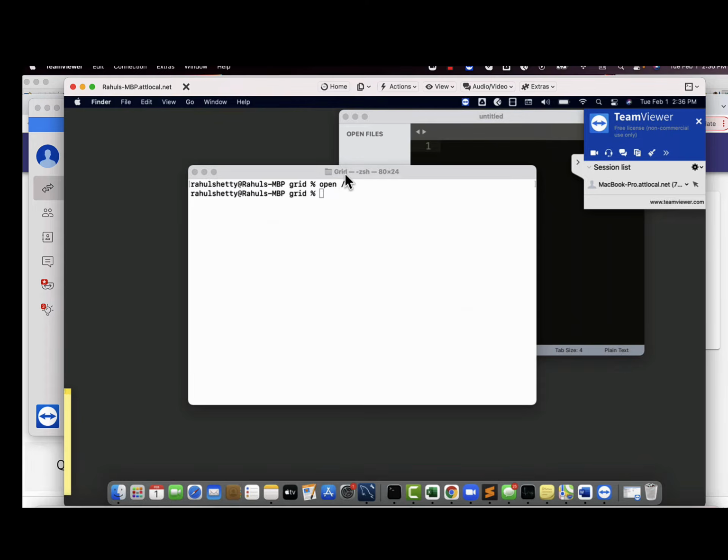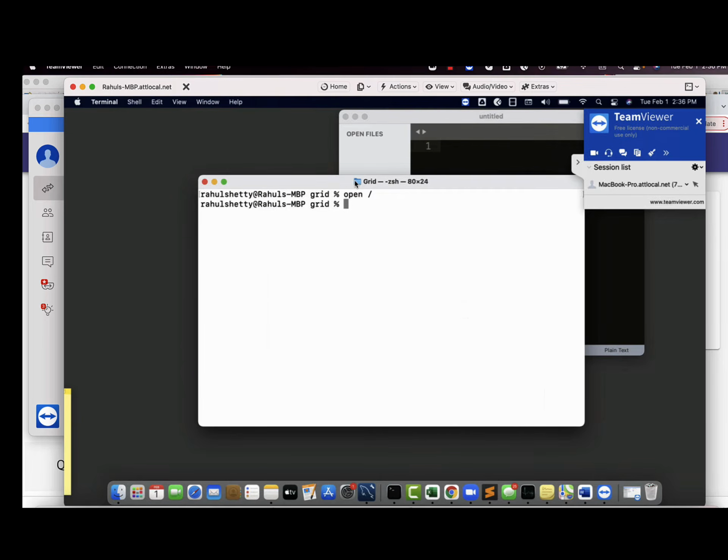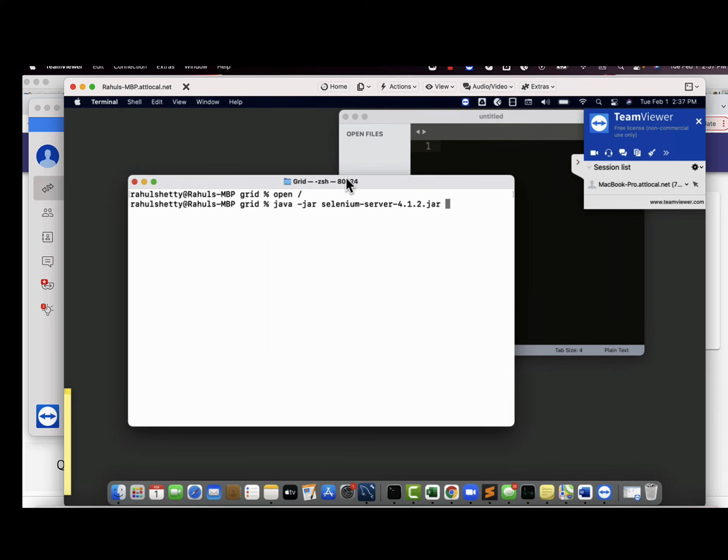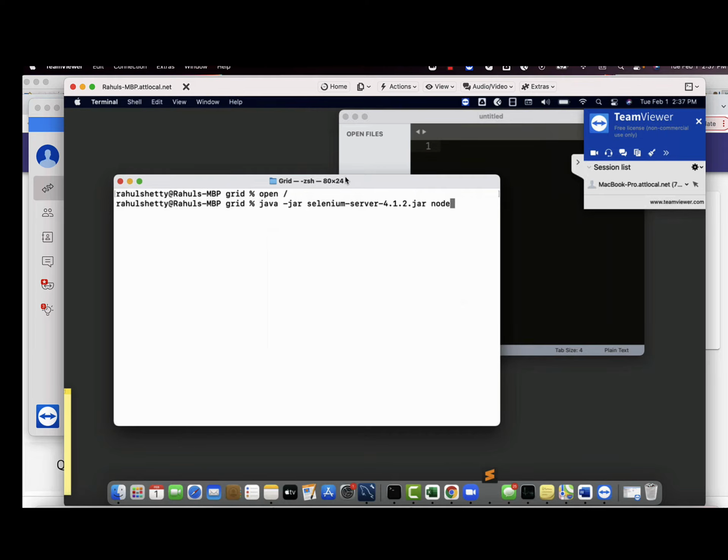Then you just have to give the same node command that you gave earlier on the hub machine to start it. Same thing we'll do here also. Java -jar, and you have to give the name of your jar, which is selenium-server. See, this jar name will be different based upon what you download at that particular moment. Now, 4.1.2 is the version; in your case, it could be 4.9.5, anything. Just get exactly the same name. And now here you are starting the node, right? So then you have to give node